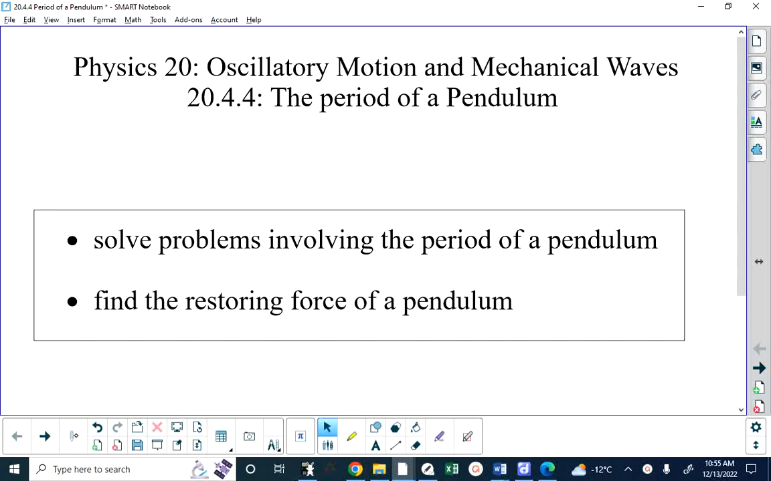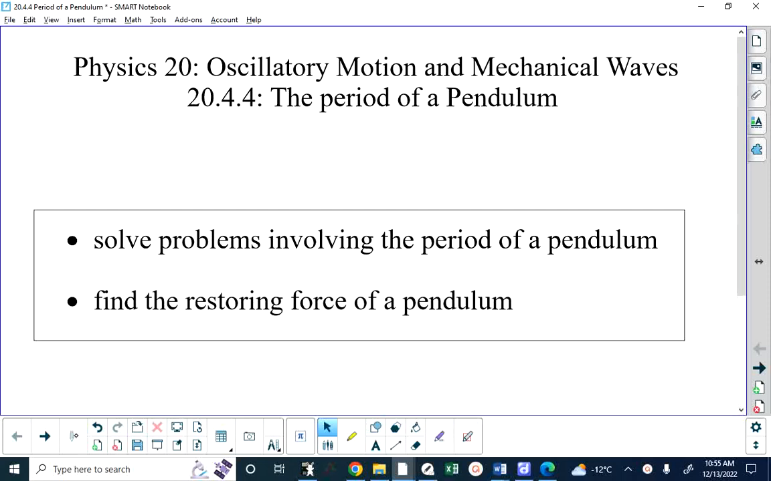So this is lesson 20.4.4, dealing with the period of a pendulum. We started off this unit by talking about two main groupings of simple harmonic motion that we would be studying. One was a mass oscillating on a spring, whether the spring is oscillating vertically or horizontally is not important. The other was a pendulum. And we've looked at a lot of demonstrations with both in one lab with the springs. Today we're going to be solving problems involving the period of a pendulum and also finding the restoring force on